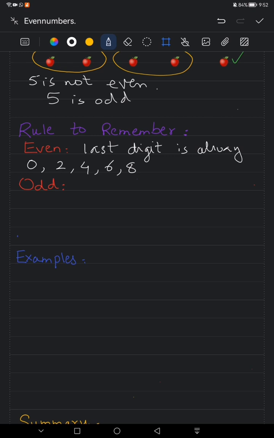Whereas in odd numbers the last digit is always either 1 or 3 or 5 or 7 or 9. So odd numbers end up with